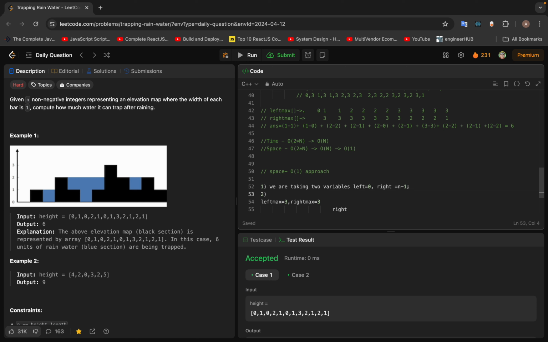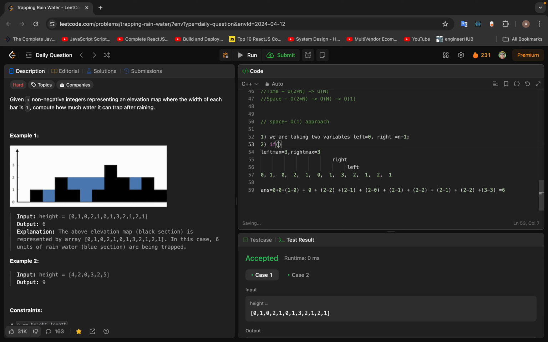And what I am doing, if height of L is less than or equal to height of R,